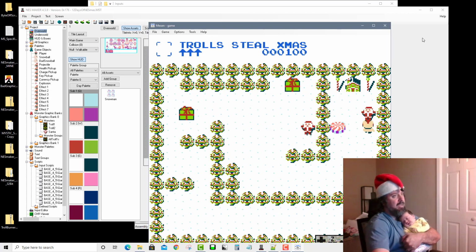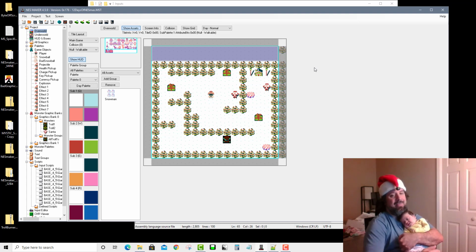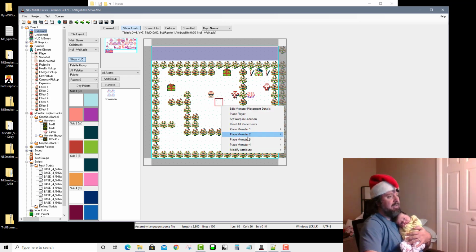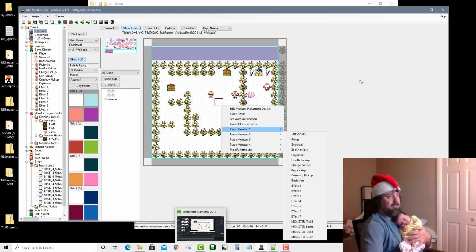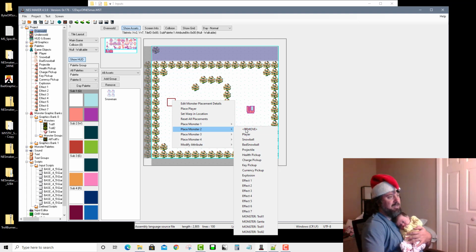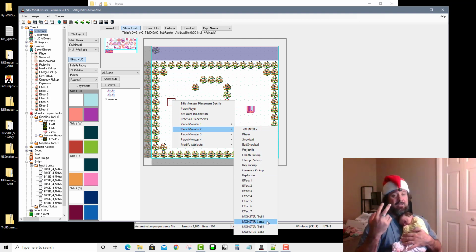Now, I will give this disclaimer. The way that this module script is set up, if you leave a space, this is just this module. It's not the way that this works for NES or anything like that. But if you're creating a monster and you place monster 2, and if I went to screen number 2 and placed monster number 2 because I wanted it to say this is text number 2 instead of this is text number 1,